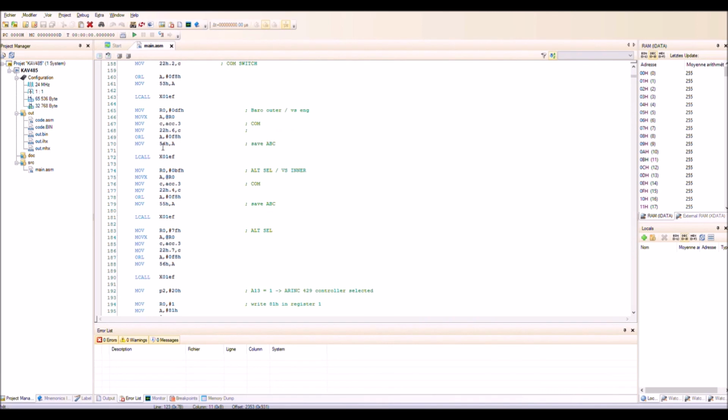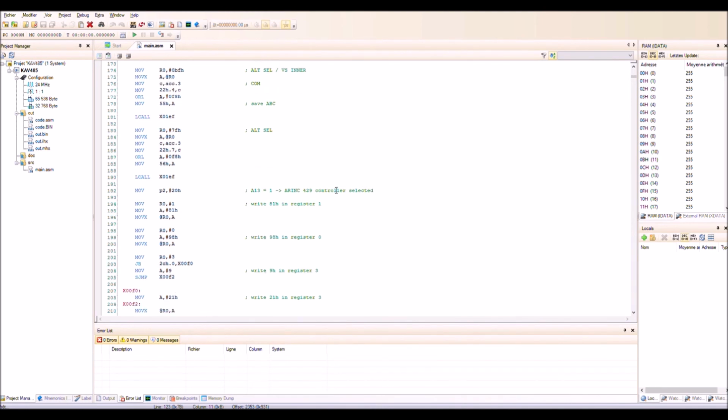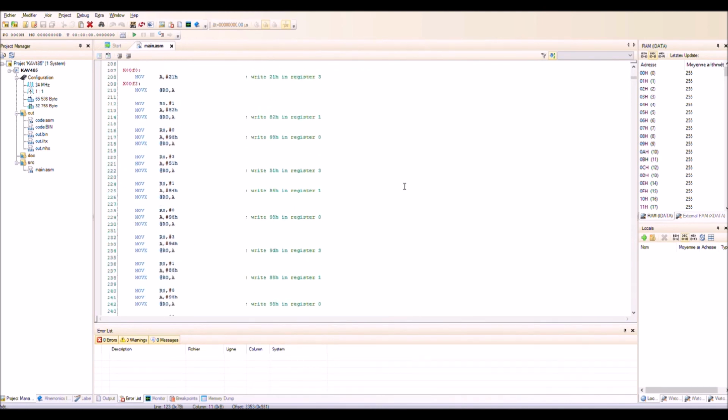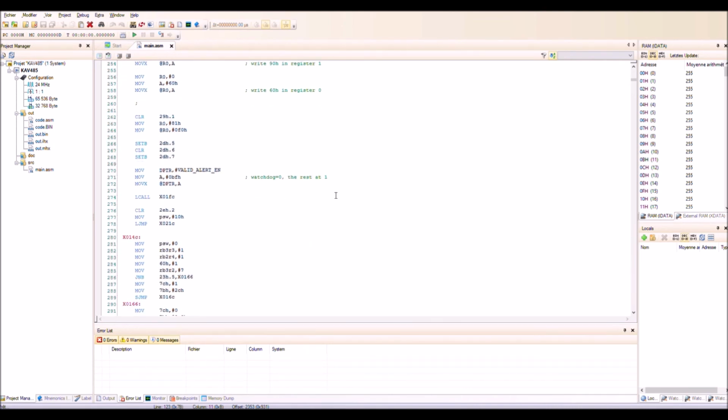The states of the switches and the rotary switches are also saved in memory at specific locations, for example 54 for this one, 55 for this one, etc. So everything is stored into some registers. And after we have the ARINC interface, which is initialized, etc.